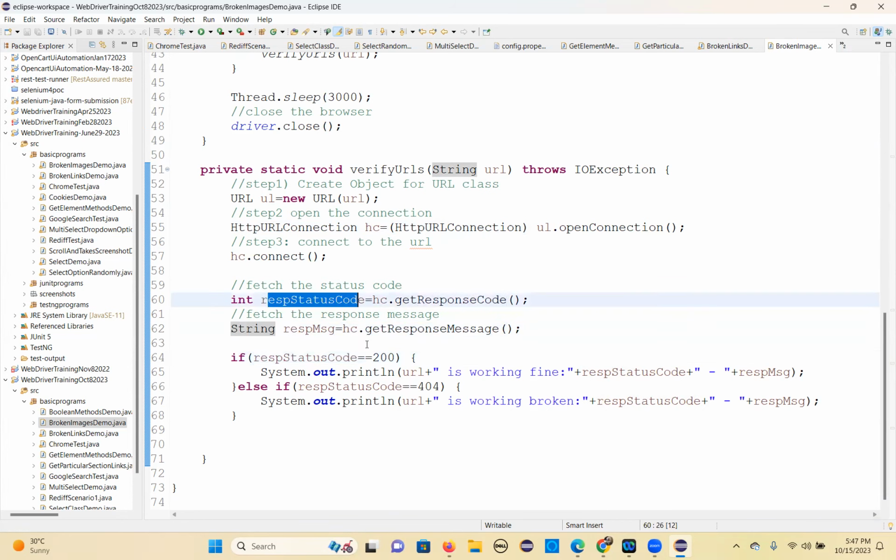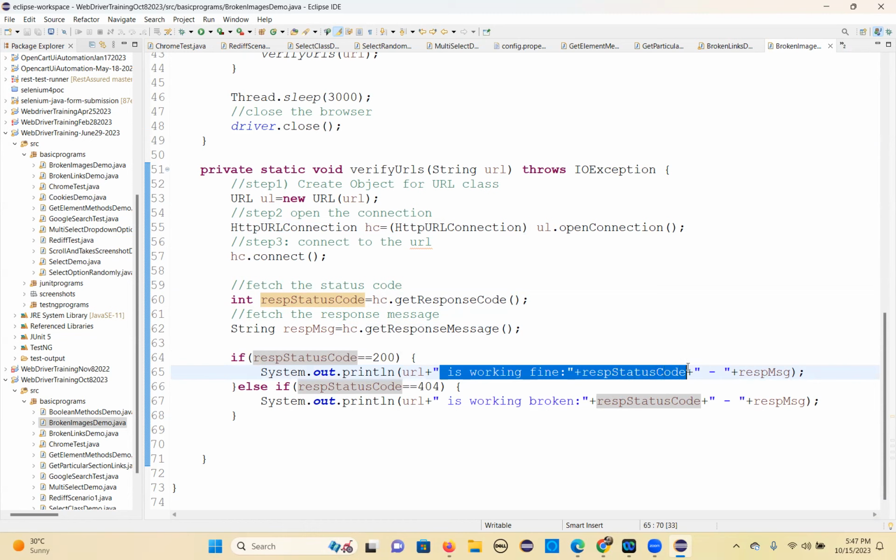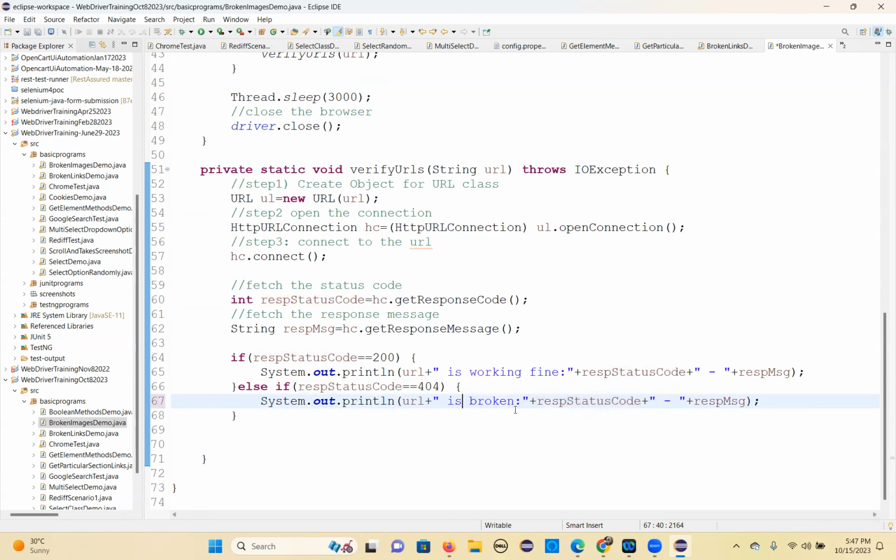If this response code is equal to 200, then you say the URL is working fine, with response code and response message. Else if the response status code is 404, then you can say URL is broken. You can say simply is broken, or are not working. So this is a proper message you can build up, and that status code and that response message, both will